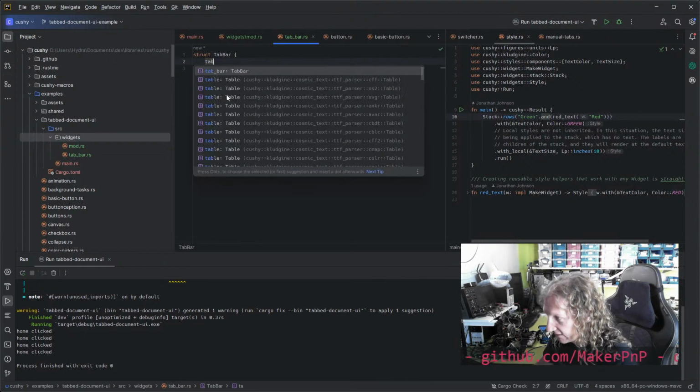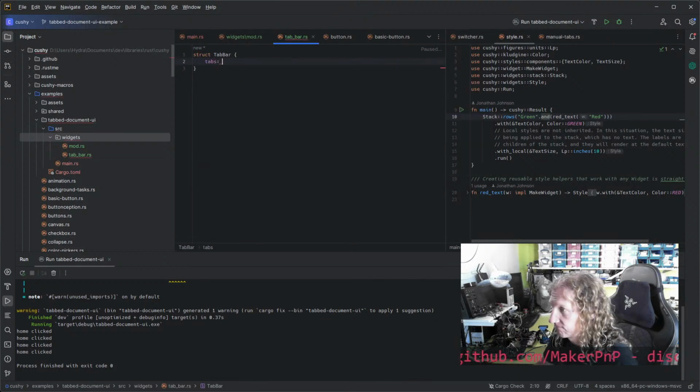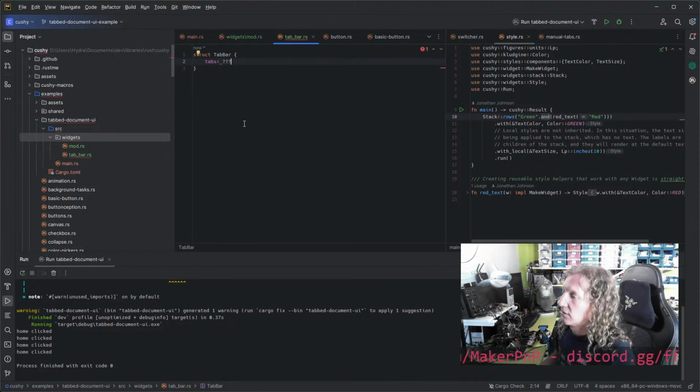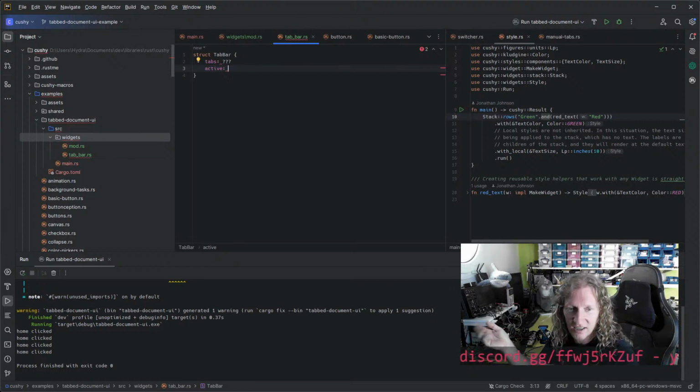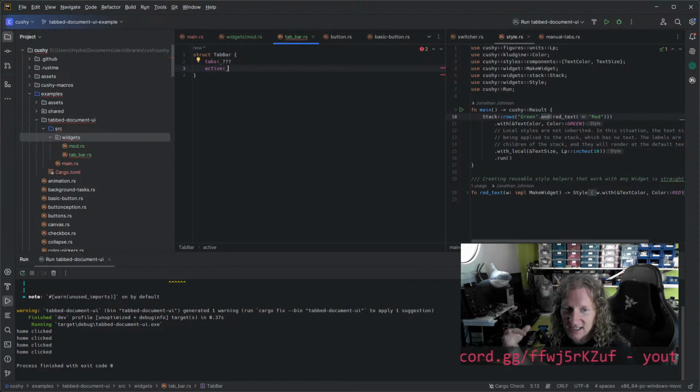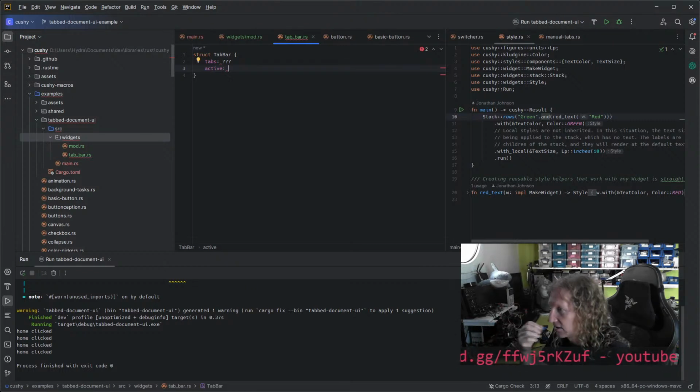And then I guess it's going to need tabs. But what are they? And then active tab. But we've got this select thing, right? But this select thing is like